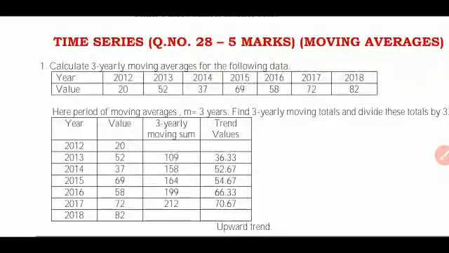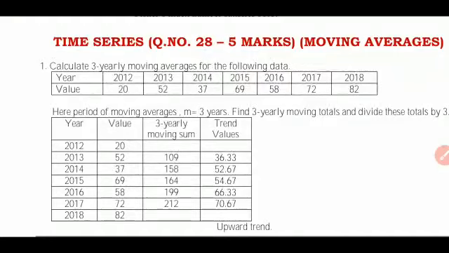Before we start with what we're going to learn in this class, I would just like to brief the components of time series. The first component of time series is secular trend, then seasonal variations, cyclical variations and irregular variations. Among these four components, the first one, secular trend, you will be learning in detail. And the four different methods to learn secular trend are: the first one is the graphical method, the second is the semi-averages method, the third is the moving averages method, and the fourth one is called least squares method.